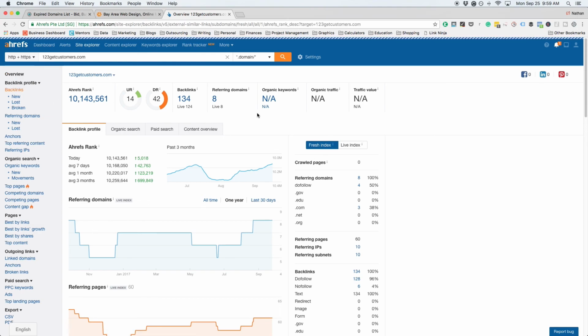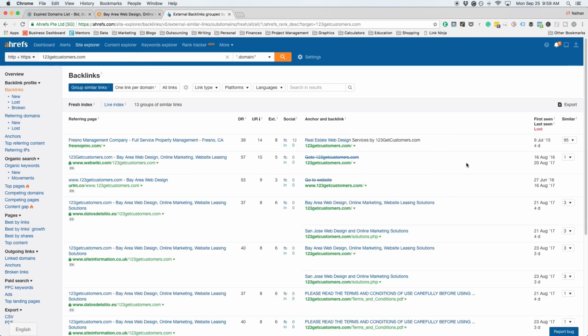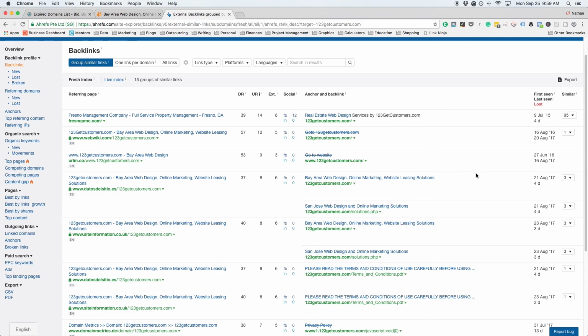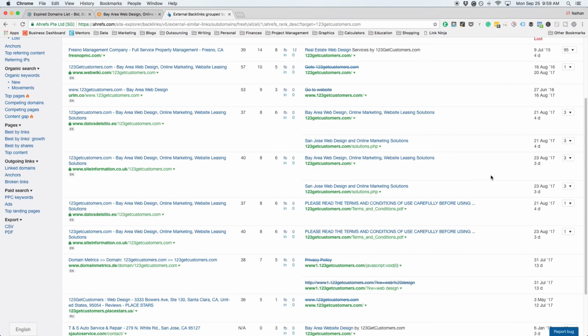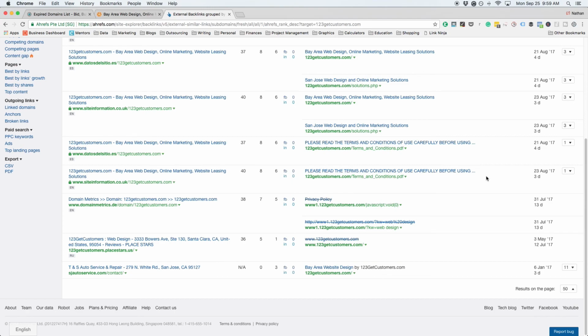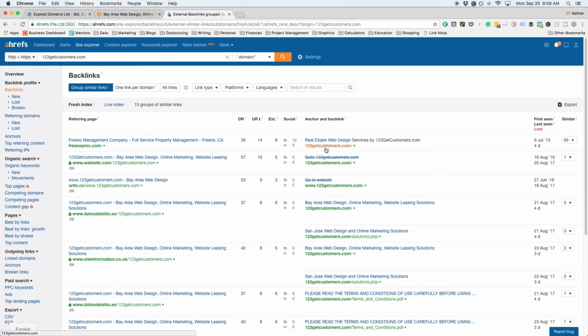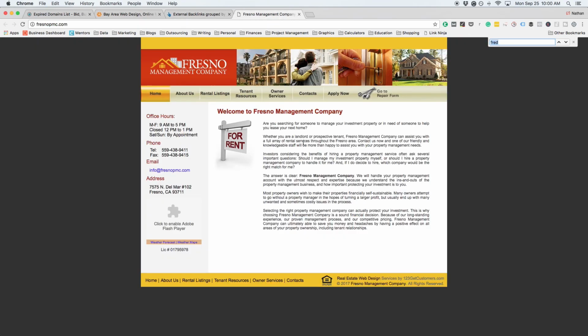So right away, it's pretty easy to tell that this domain does not have many high quality links, if any at all. And the one red flag that really stands out is that this web design company used keyword rich anchor text in their footer links on their client's website. And so this is a very dangerous thing to do, and definitely not something you'd want to be involved with if you were looking for quality expired domains. So this domain is definitely unqualified, and you're going to want to move on to the next opportunity.